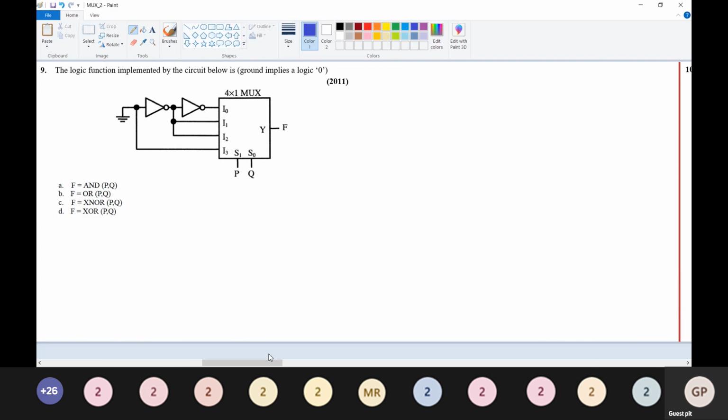So this is a 4:1 multiplexer. As we already know, the general expression for a 4:1 multiplexer, which we'll write here: F is equal to, and here the selection lines are P and Q. So we'll write this as P dash Q dash into I naught